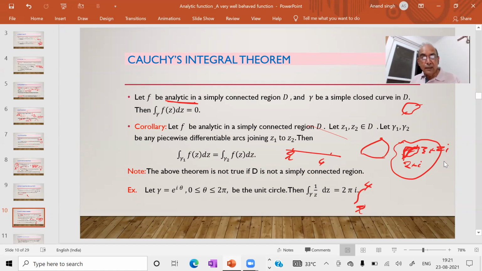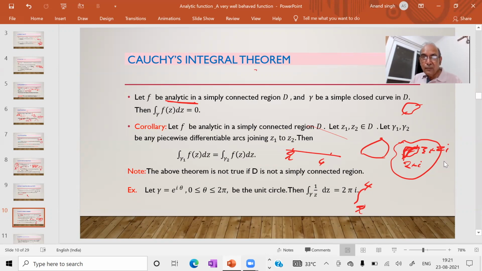And in fact, that is Cauchy's integral theorem: let f(z) be analytic in a simply connected region D and gamma be a simple closed curve in D, then the integration over gamma of f(z) dz is 0. By the way,